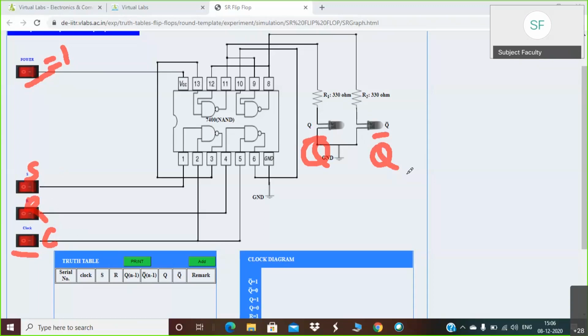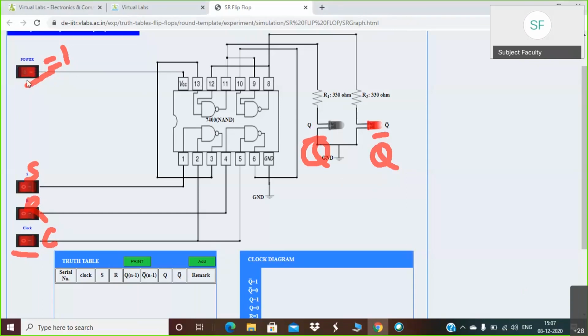Whenever LEDs are off, that means its value is 0, and when an LED becomes on, that means its value becomes 1. So again, the first thing you have to do is make the power on. So I am making this power equal to 1.